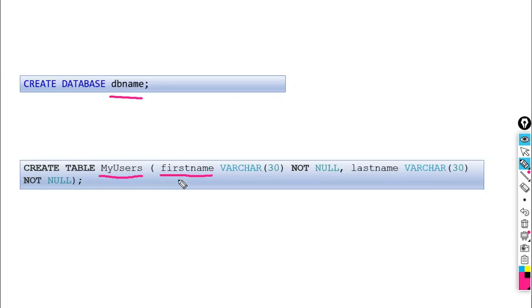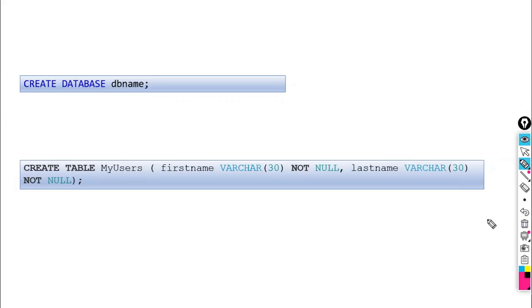Only two attributes are there, which have a text data type and which have the constraint not null. So we should do it in MySQL. We have created the database, we have created the table. So we will see in the practical session how we can do it in MySQL. Okay, so we have to create the database and we have to create the table.